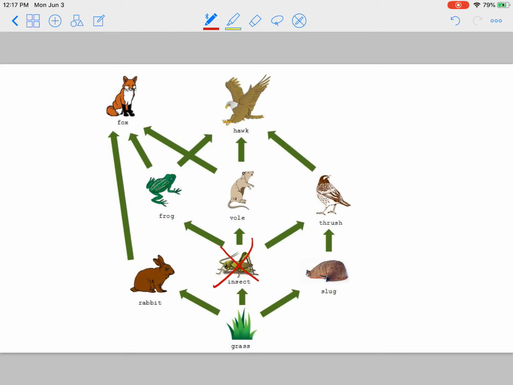Now, what would happen if I were to eliminate the insect? If I eliminate the insect, that's the frog's only source of food, so the frog would be eliminated. That's the vole's only source of food, so it would be eliminated. Now the thrush would still survive because it also eats the slugs, so it's getting some energy from eating the slugs. So you can see how this works. If I eliminate a food source from an organism, then that organism is going to